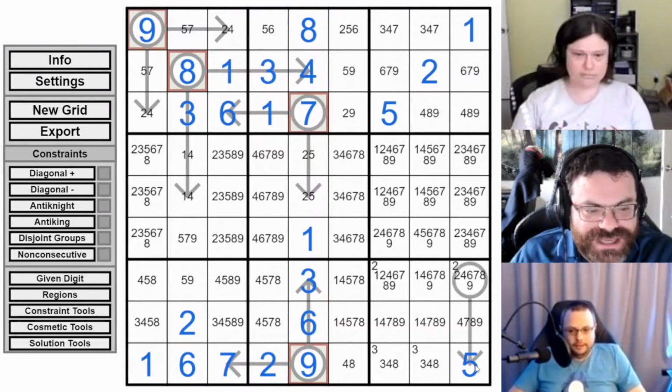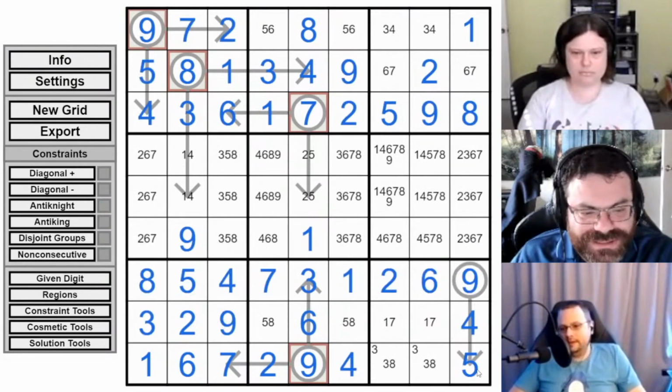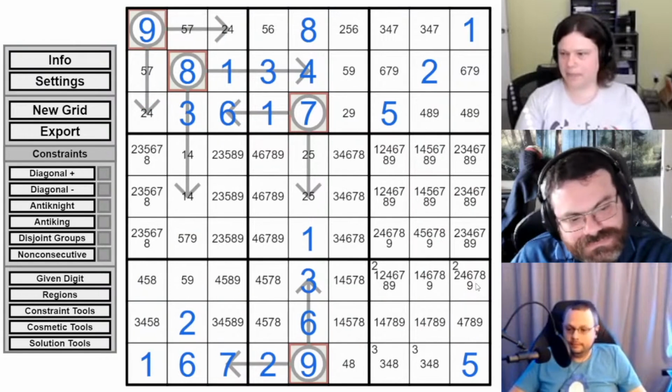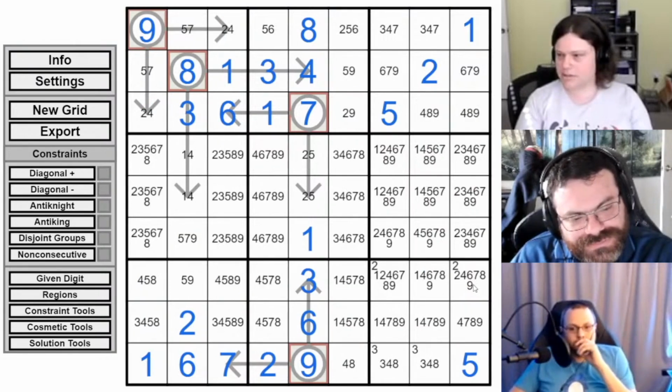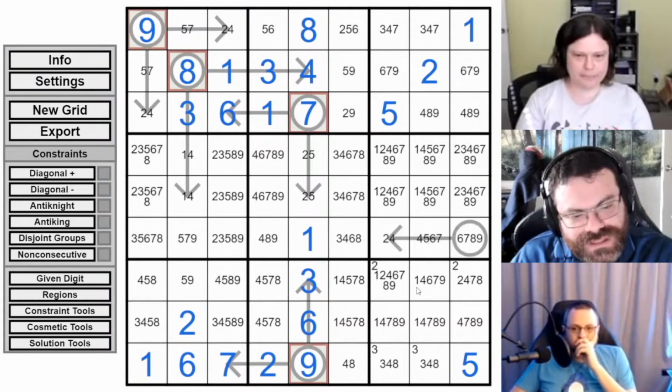Yeah. So if I did this pointing down, it just breaks. That just doesn't actually work because now we have 9 indexing to the location of 7 in the column into a place that already has a 5. Row 6, column 9, pointing left. Yeah, we don't have anything in box 6 yet.